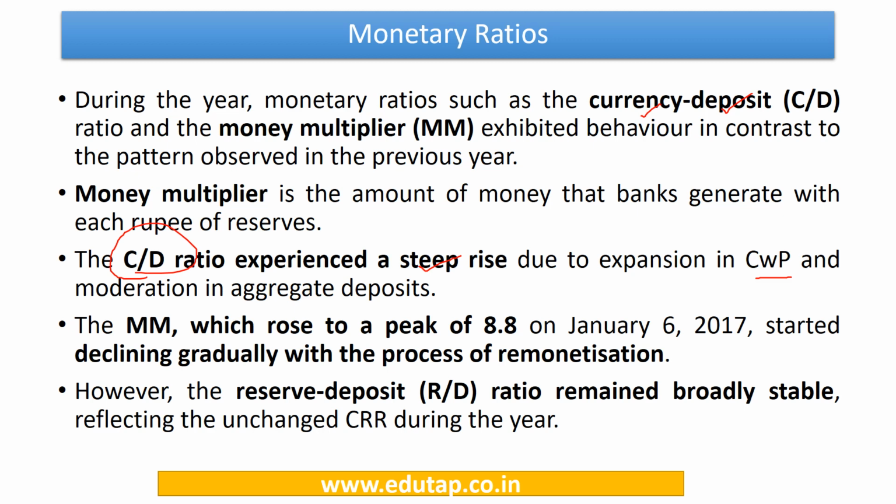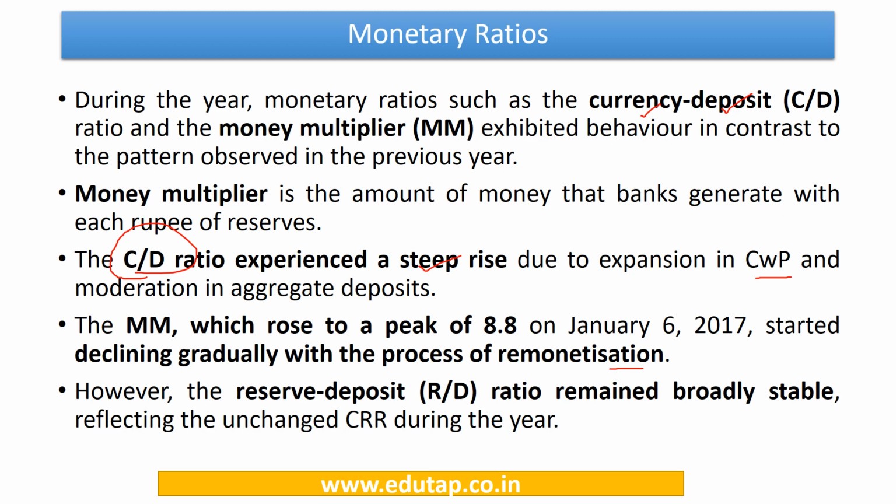If you talk about the money multiplier, this is something which measures the credit which is available, the reserves which are available with the banks, and through these reserves the commercial banks generate money or credit. So this rose to a peak of 8.8 on January 6, 2017, but it gradually declined with the process